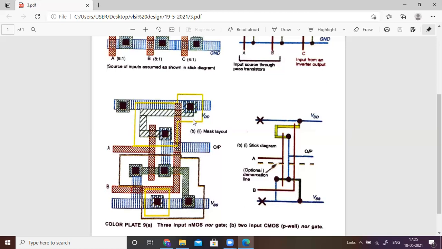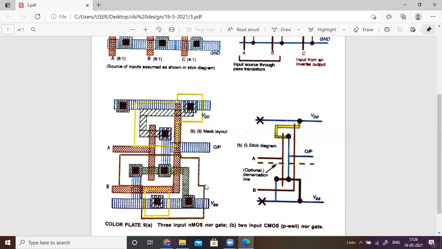Next, here we require a contact, this contact: metal 1 and the p-Thinox layer, with a 2 lambda cut. Now, assume that this is the p-well structure. We are going to construct the gate in the p-well. Therefore, in the p-well we have n-channel transistors. These are the n-channel transistors, and these are the points located in the p-well. So we can consider this as the p-well.